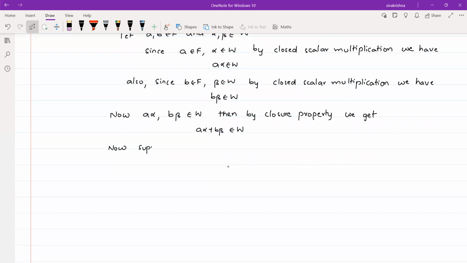Now suppose that a, b belongs to F and alpha, beta belongs to W implies a alpha plus b beta belongs to W. So this is what we have proved in the above part. So now we have to suppose this part, and now we have to prove that